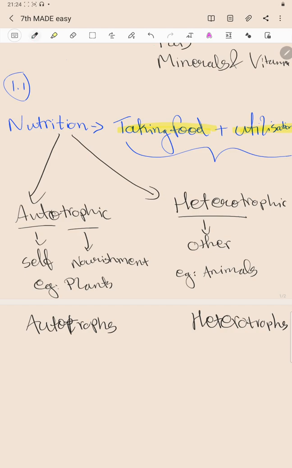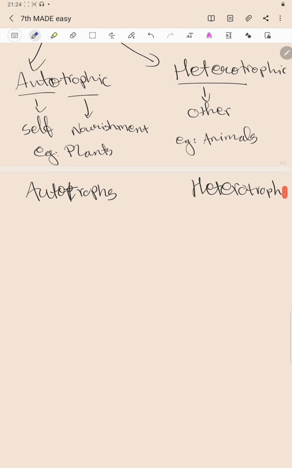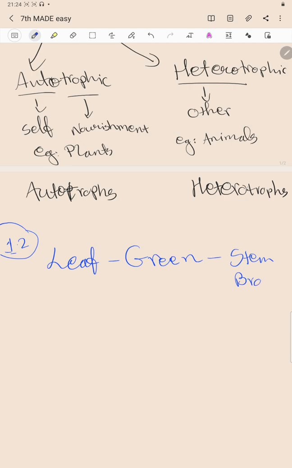Moving on to section 1.2, that is photosynthesis, the food making process in plants. Basically, we know that plants prepare their own food. So we should know where the plants prepare their own food. Usually, the plant prepares its own food in the leaf, but it can also prepare it in places which are green,